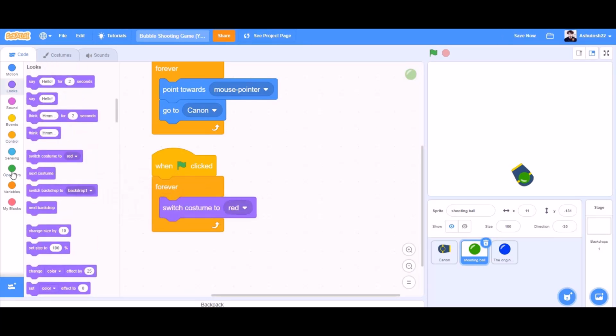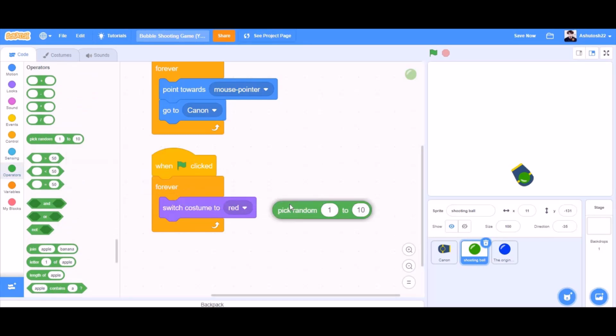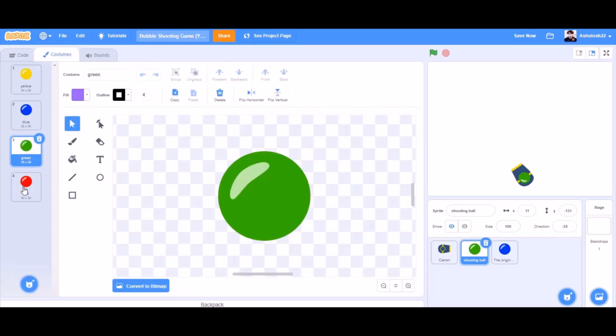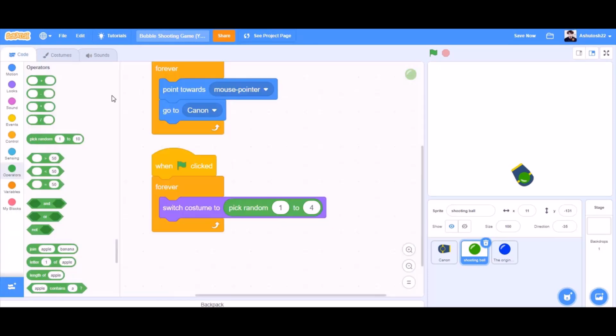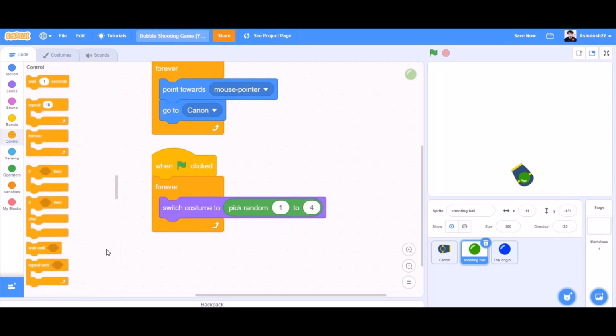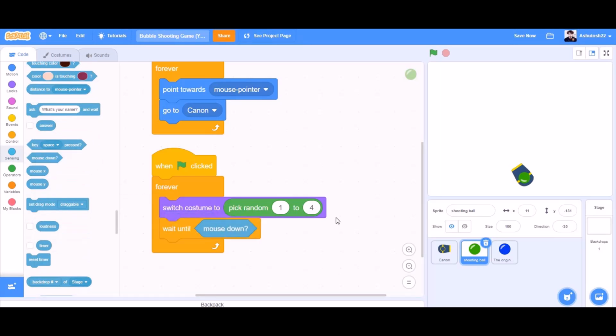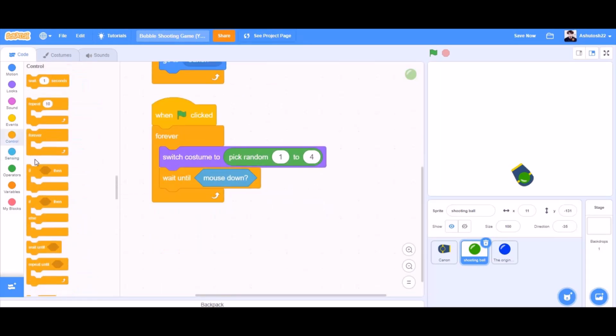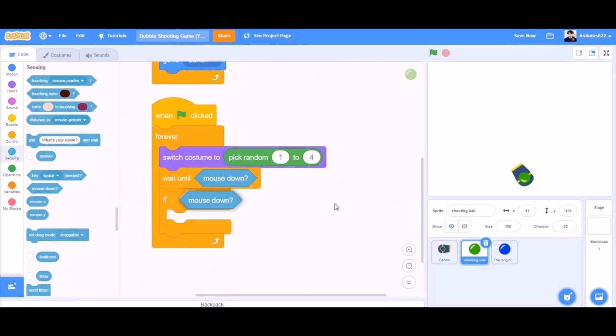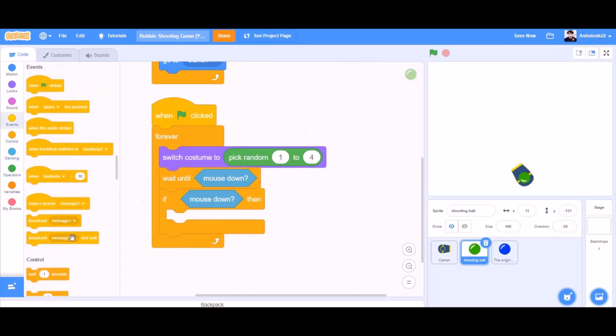When the flag is clicked, forever looks, switch costume, we'll go to operators and take the block, switch costume to pick random 1 to 4. As we can see, we have 4 costumes here of 4 different colored balls. You can take as many costumes as you want of different colors and change the value here. Wait until mouse down from sensing, controls, if block, we'll go to sensing again, if mouse down,